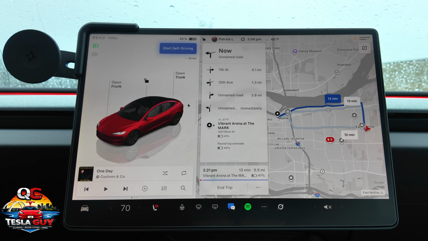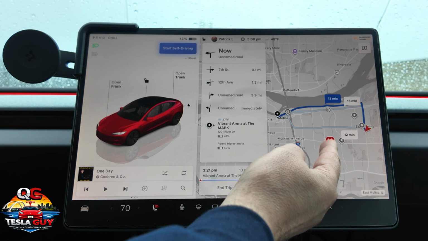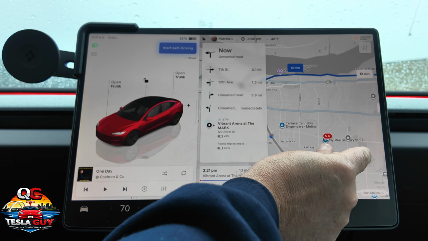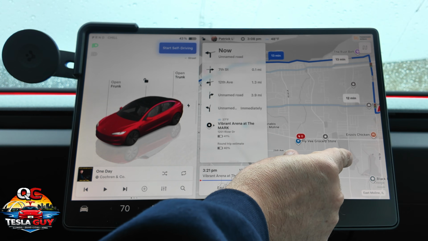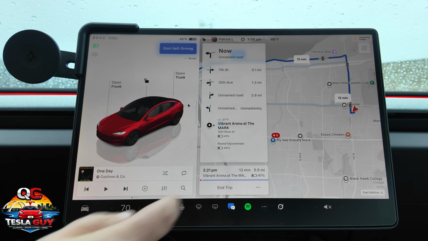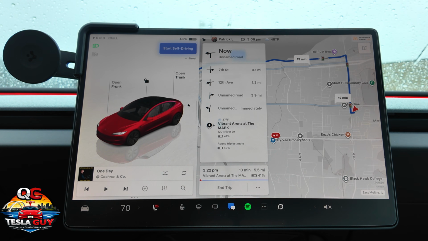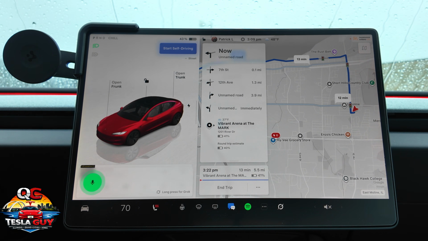Well, let's say that I want to also make a stop at the Hy-Vee here in Moline. Actually, let's go to one of my favorite restaurants first. So let's go ahead and go to this place. So let's start Grok again. Hey Grok,